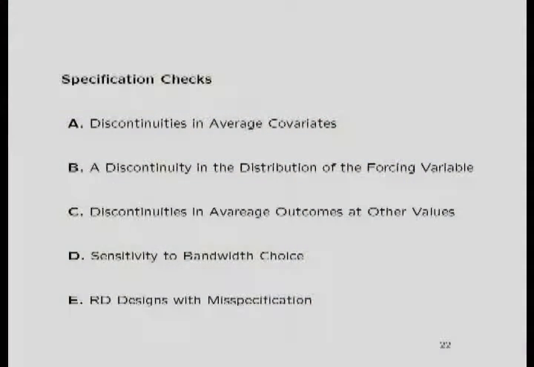So what can we do? Some of these things I've talked about already. The first is to investigate whether there are discontinuities in some of the covariates. I've never seen a case where there was a convincing story for having a discontinuity in any of the other covariates. And so if you find one, you should either be able to explain it or be concerned about the credibility of the estimates. Second one is the McCrary concern about the discontinuity in the distribution